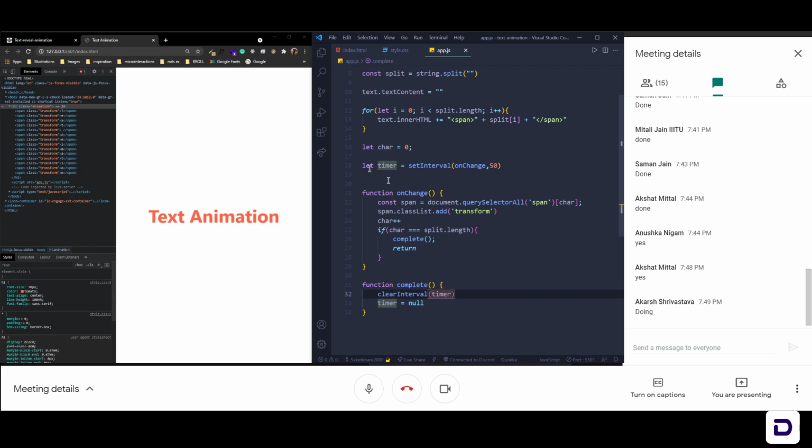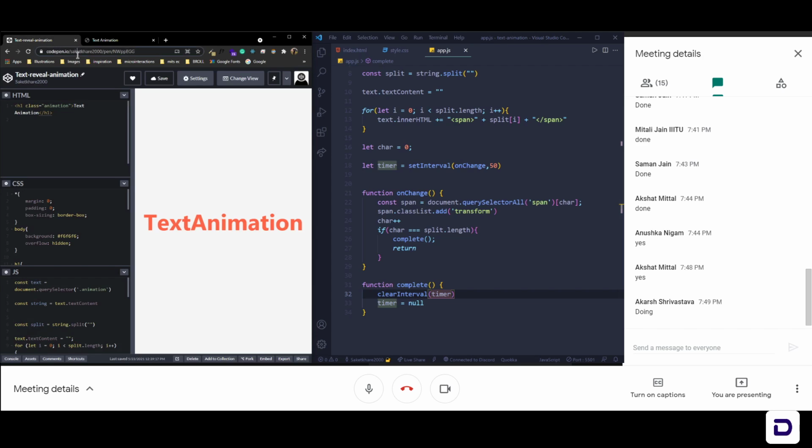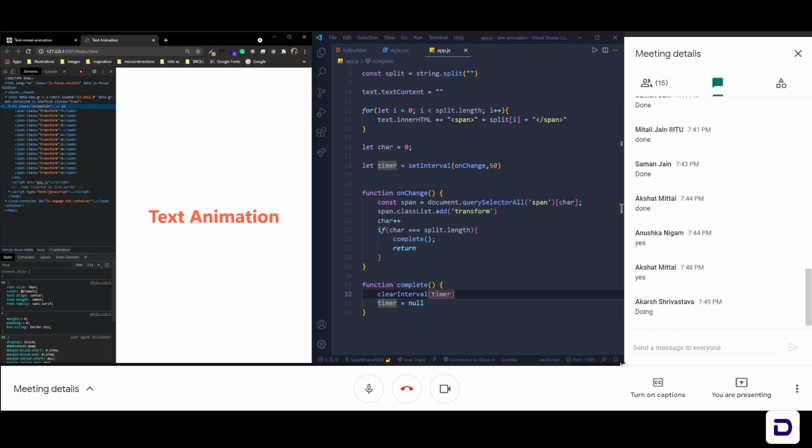If you need the code, you can also see that in the CodePen. I'll drop the link in the chat box.